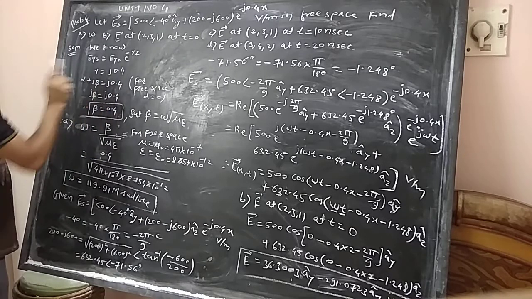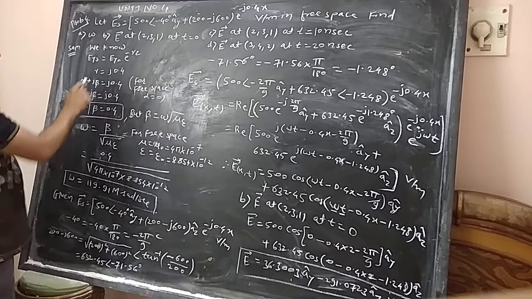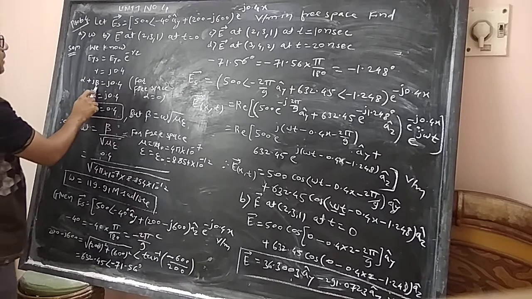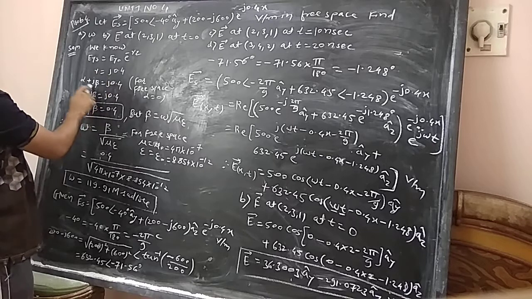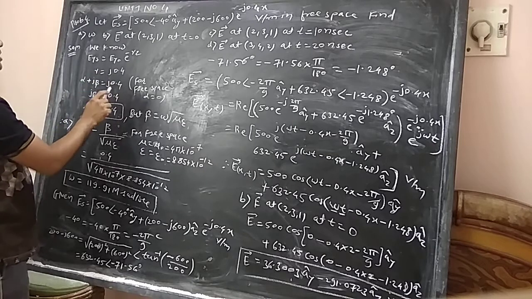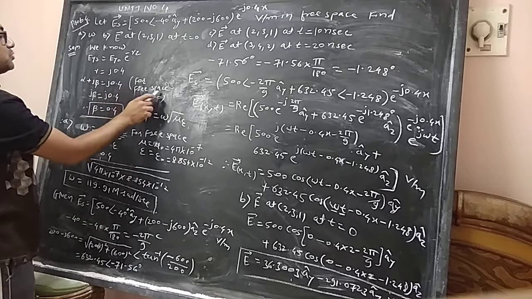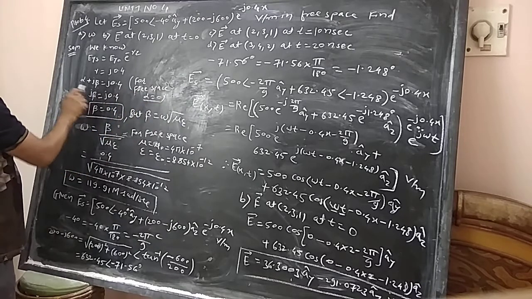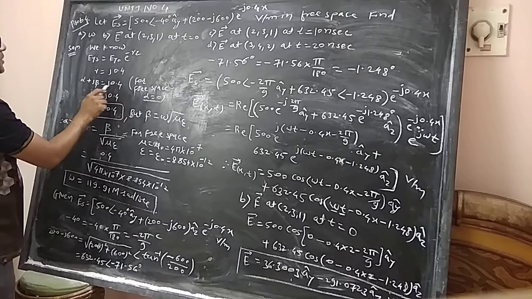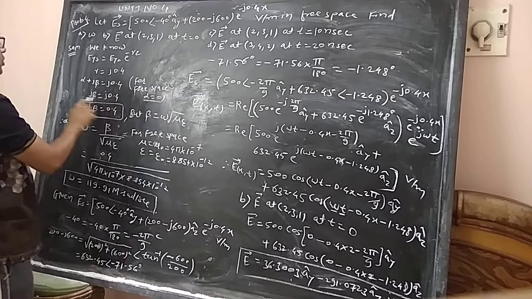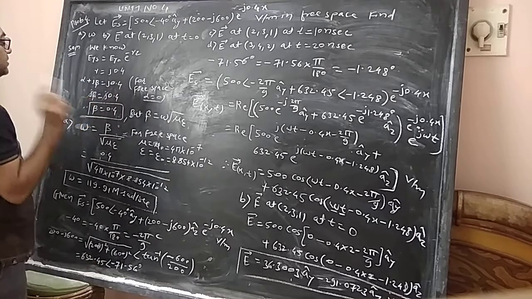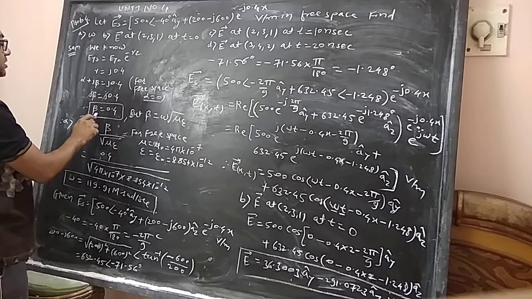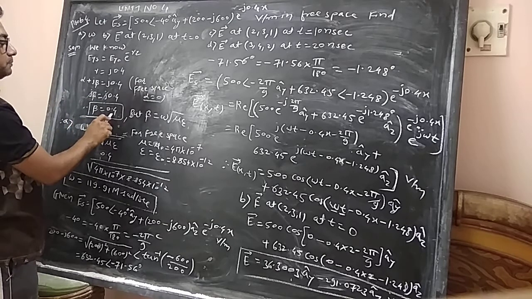So we know that gamma is nothing but the propagation constant, and the general equation for the propagation constant is alpha plus j into beta. Therefore the value of alpha plus j beta is j into 0.4. But for free space we know that alpha is always 0. So I am putting alpha equal to 0. We are getting j beta equal to j 0.4. So this j and j are getting cancelled. The value of beta, which is the phase constant, is 0.4, right?